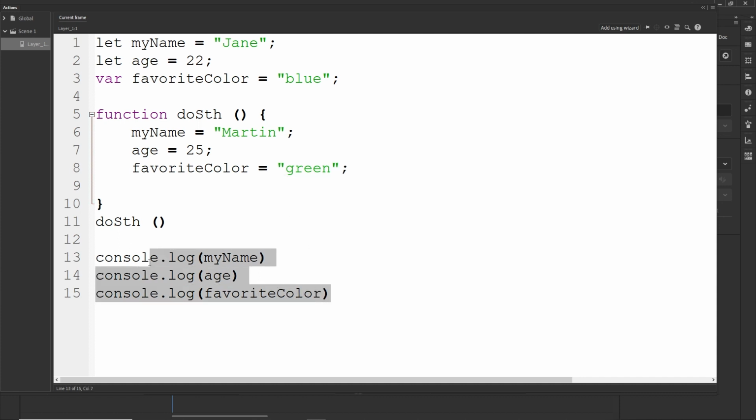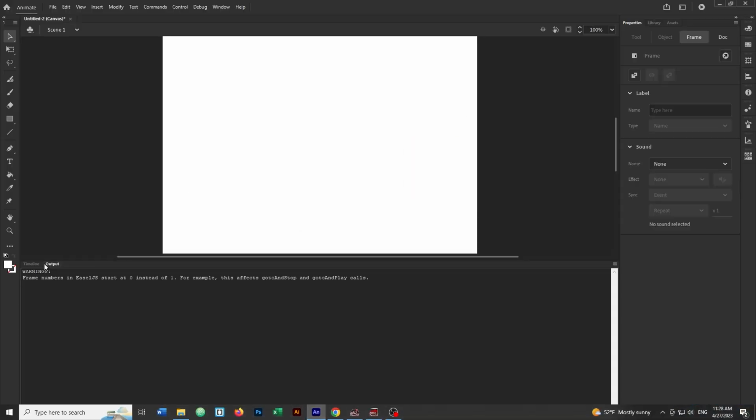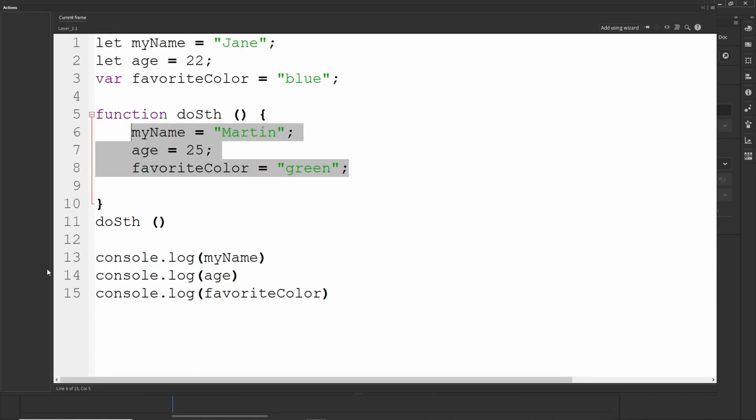So these console.logs are going to console.log this. Okay, Control Enter, F12, Martin 25 and green. One thing, and yeah, I am maybe talking about many details, but if I try to